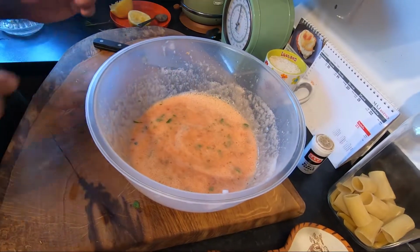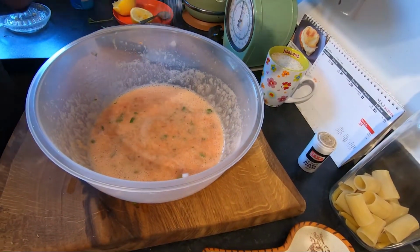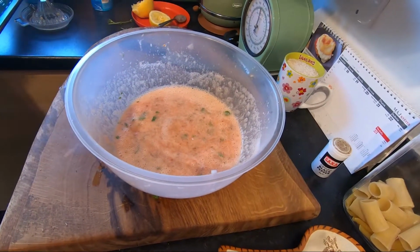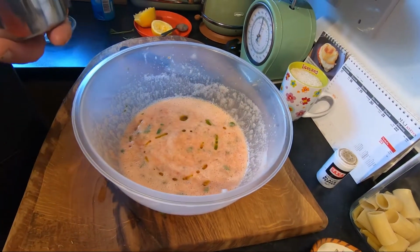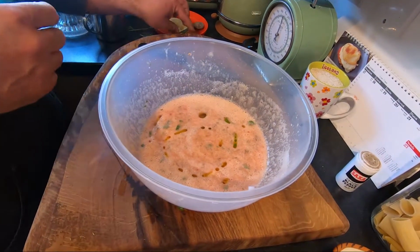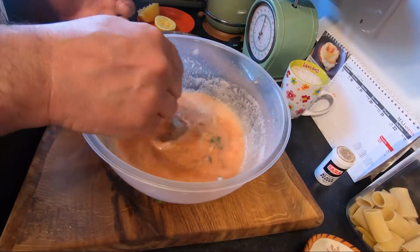Now, here we need some salt. How much you like? Not too much, because we put some salt already in the tomatoes. And some nice extra virgin olive oil. I use a very nice one from my cousin in Puglia. It's one of the best for me. And mix again. The smell is already